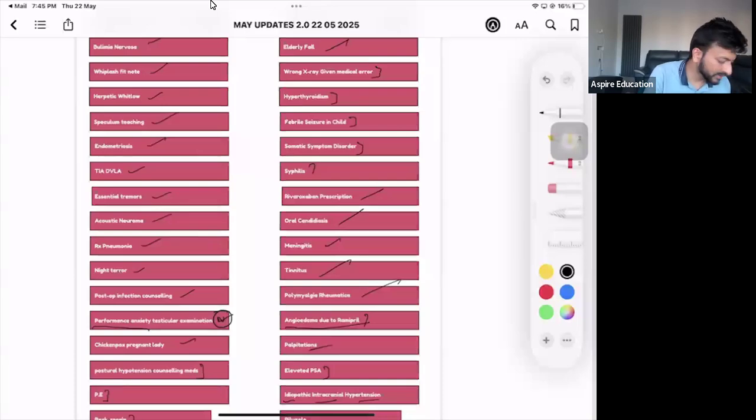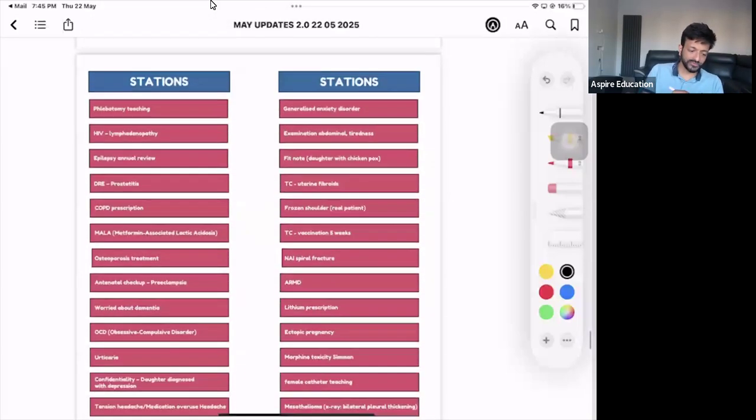Before the 16th, we have got the exam on the 15th. So that was on the 15th, phlebotomy teaching. So guys, all of you, I would want to say one thing: in phlebotomy, in the blood sampling, be comfortable with how to do the blood sampling with the butterfly needle, because in this scenario, they're always giving us a butterfly needle. So yes, be comfortable in that.